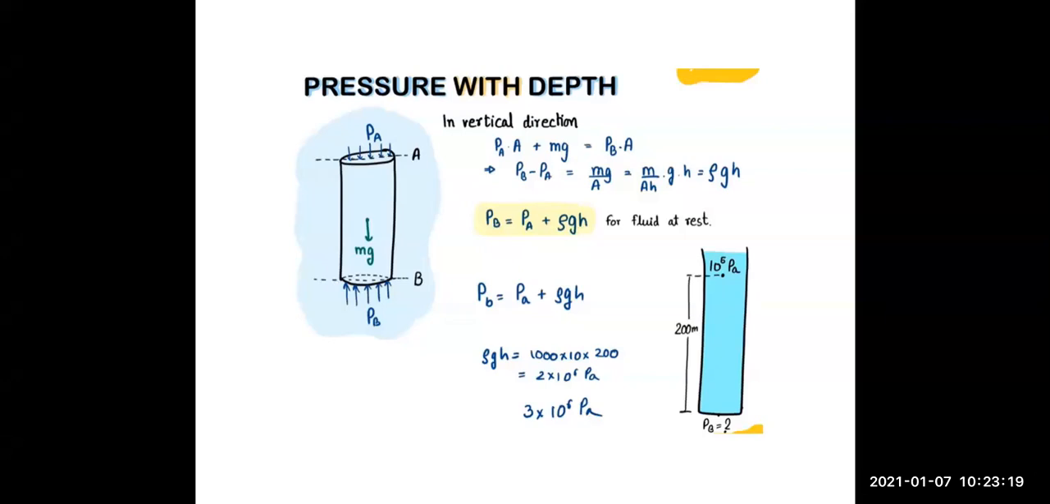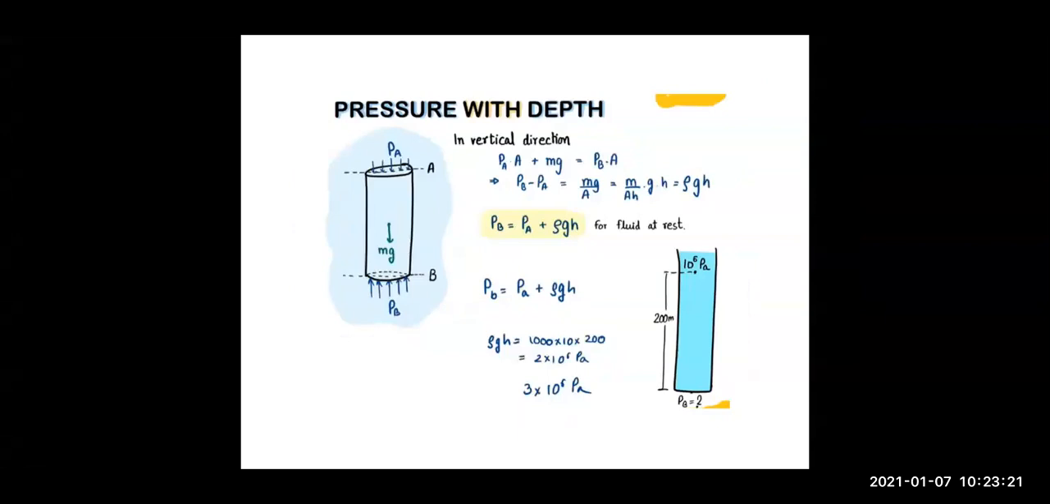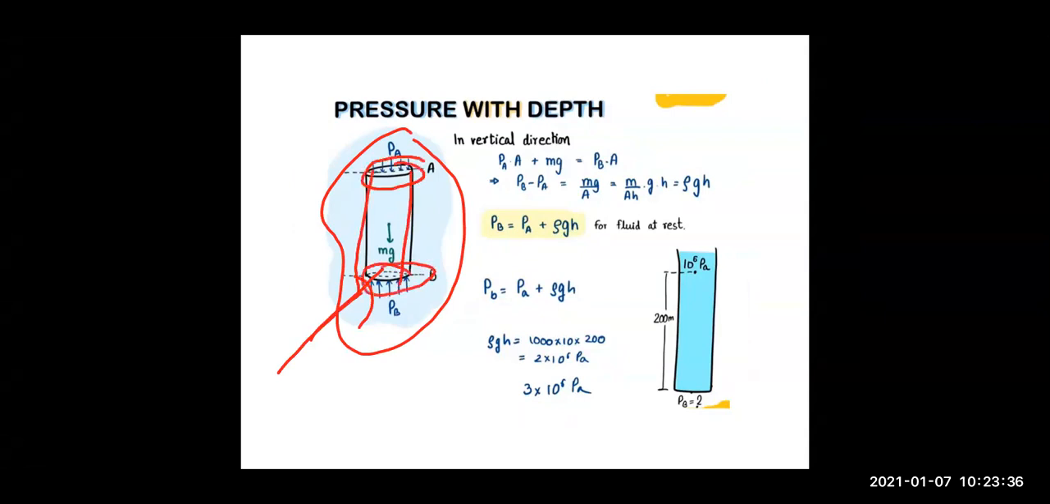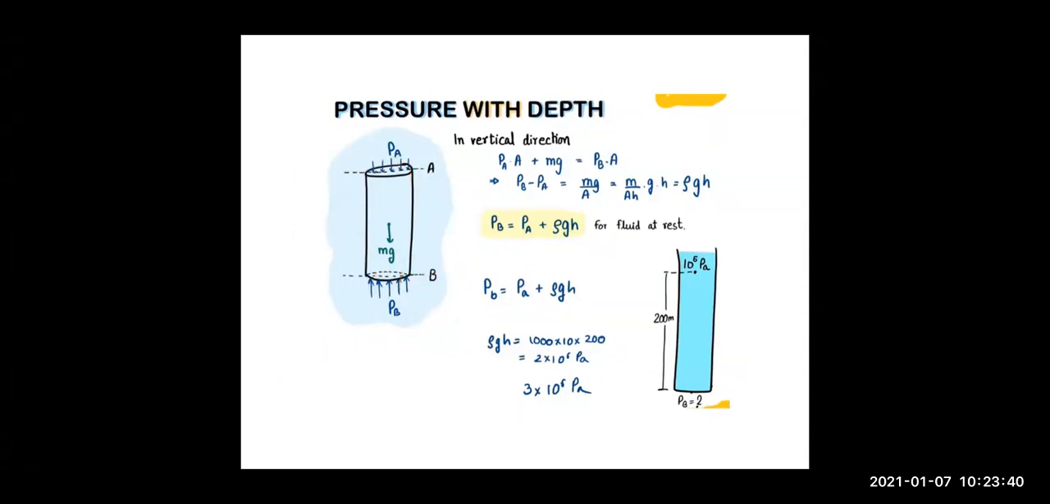So, children, here we can see that this is a container, and in the container we have filled some fluid, and this is the cross section of that. In this we have considered a cylindrical water element. This is not any object that I have placed in it. This is just water only. In water only we are going to suppose this cylinder, right? So